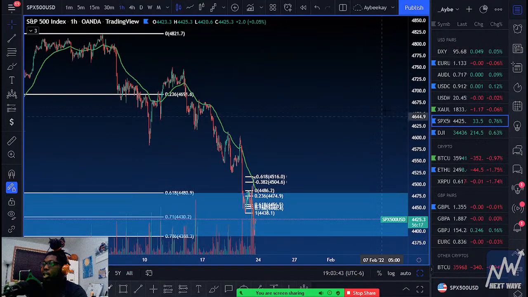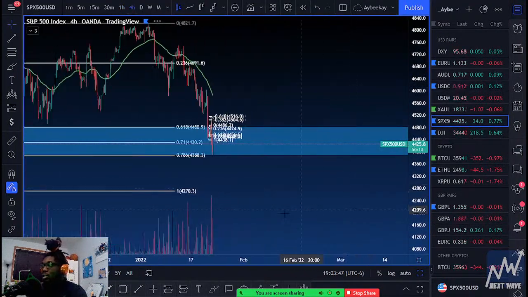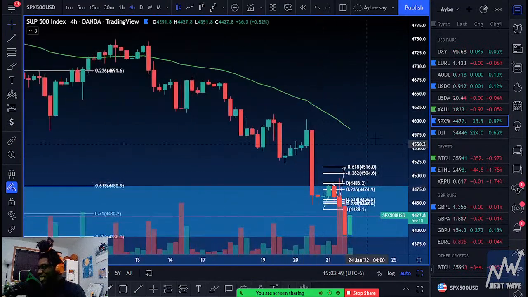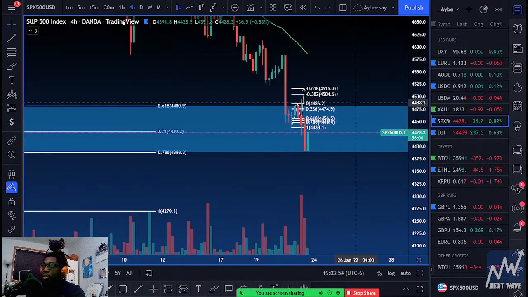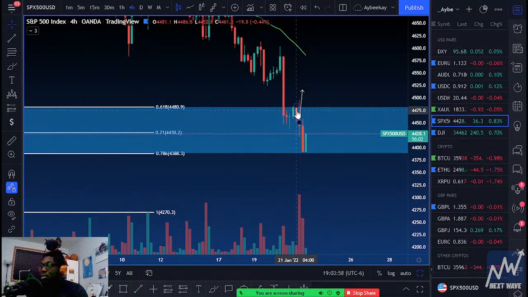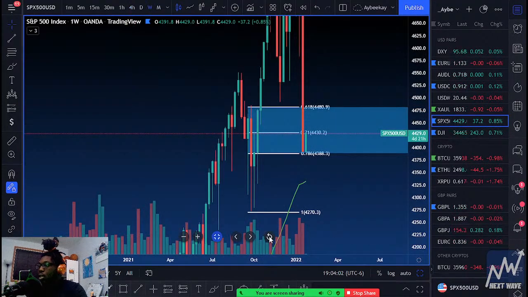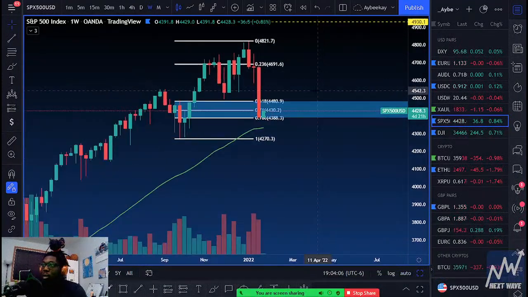All right, so let's look at the S&P. S&P U, if you ask me. No, I'm joking. All right, so, ooh, what do we have here on this bullish candle? Let me go ahead and get rid of this play. That would have been a 1-to-1 last week. So, weekly time frame, huge bearish candle